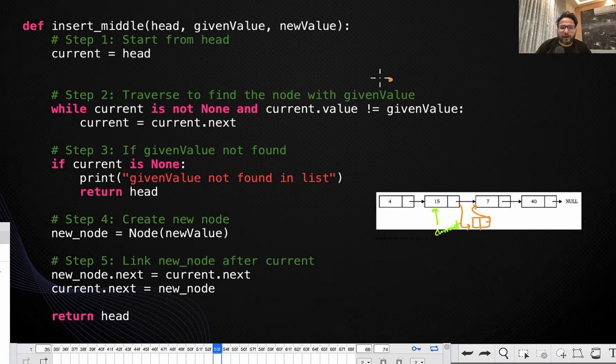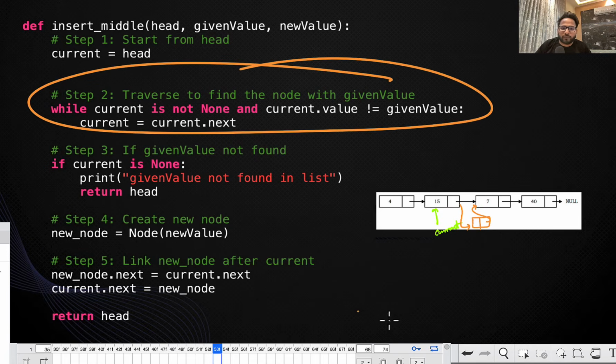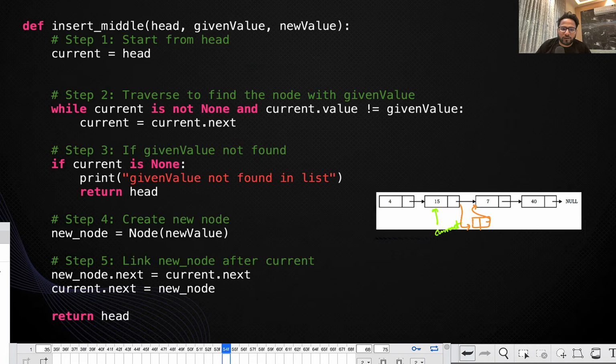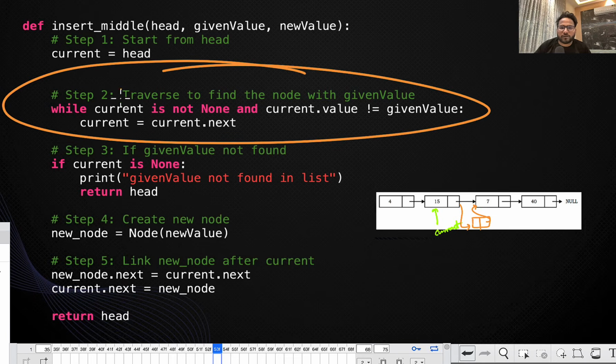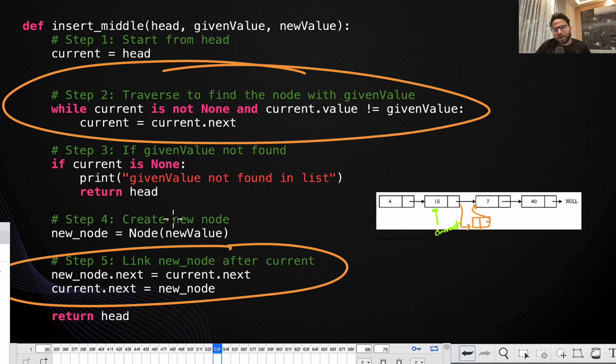So basically, this while loop is important, and these two steps are important only. This while loop is important, obviously, and then after that you have to do it. Otherwise, these are not kind of steps. These are kind of